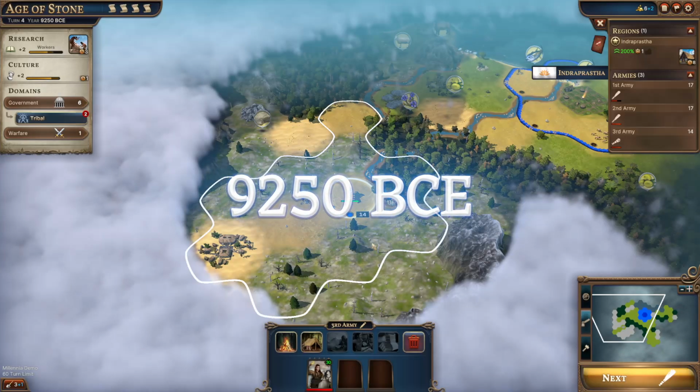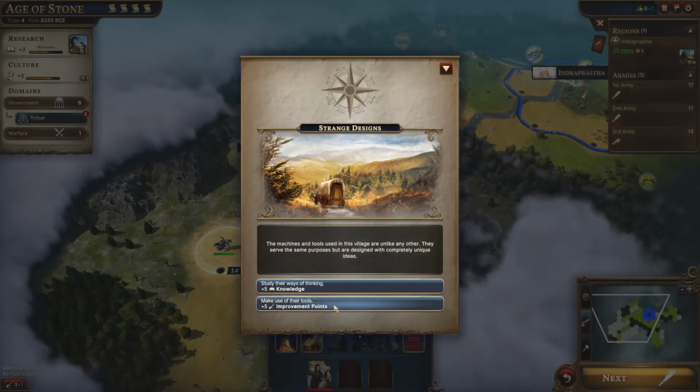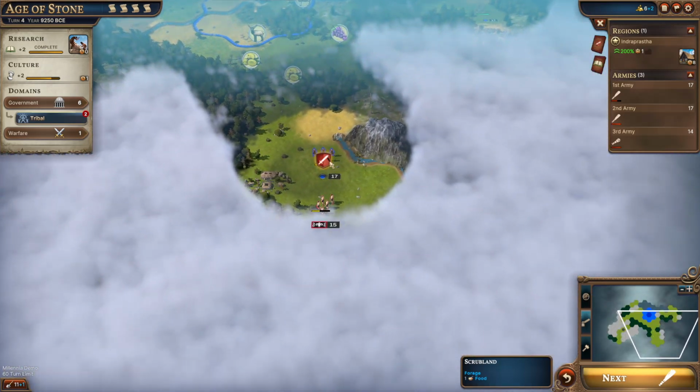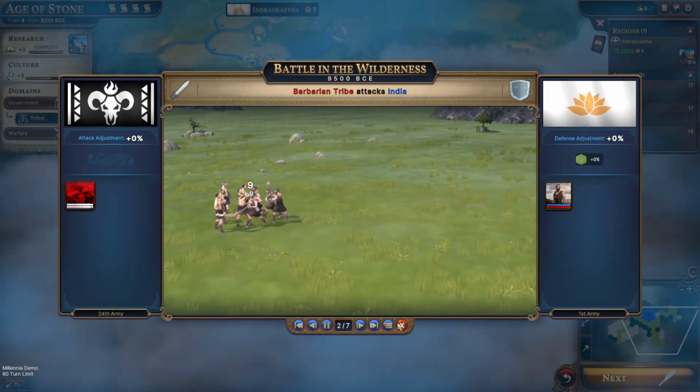And we got attacked here. Okay, so let's start here. Let's pick this one. Knowledge or improvement points. That's a hard choice. I decide on knowledge here to rush that technology. Then... Okay, we can see the combat animation, but...